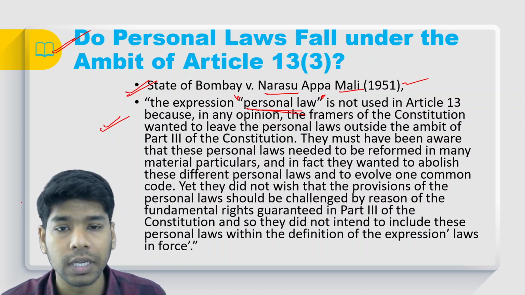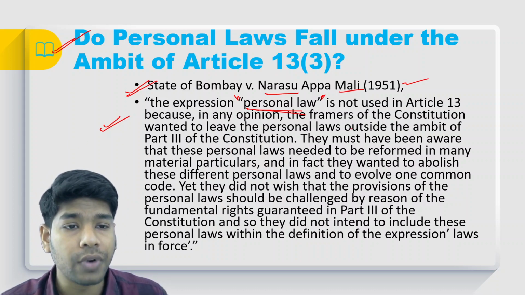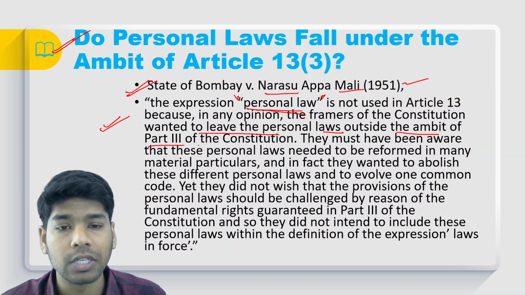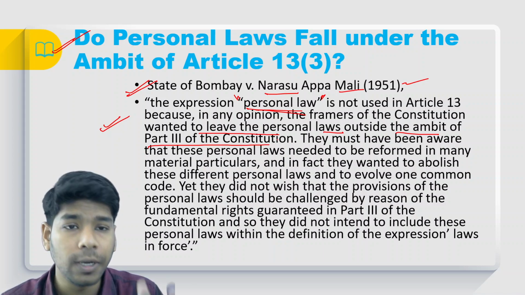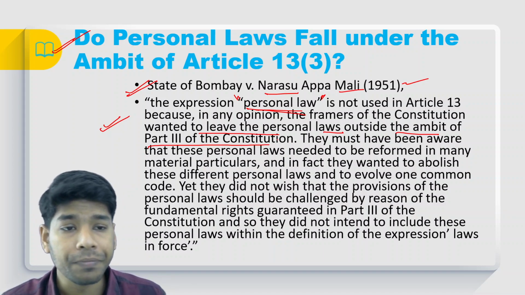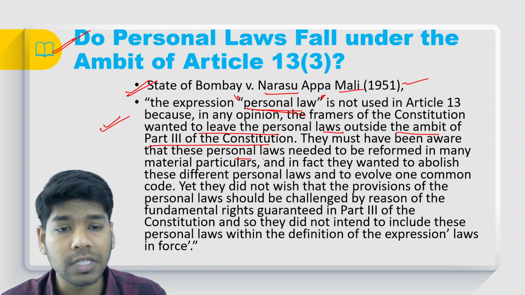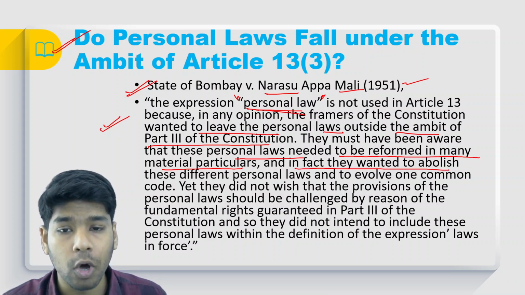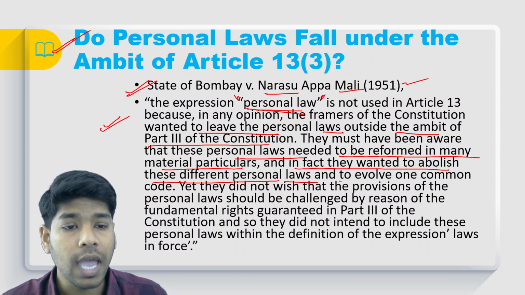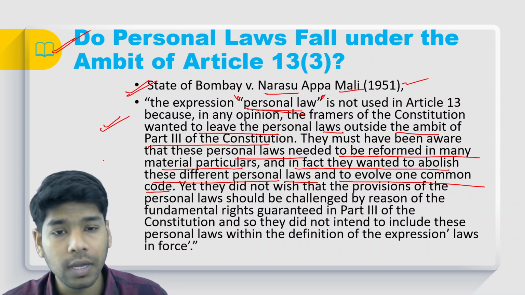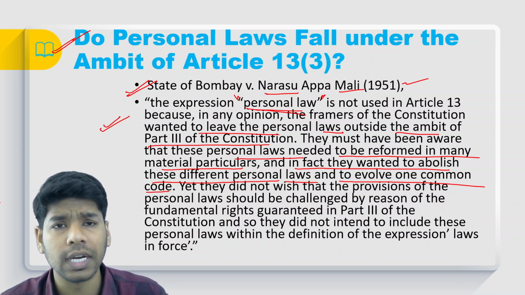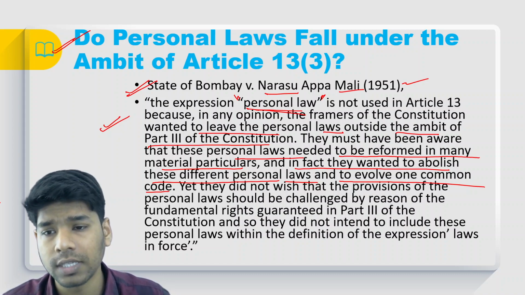Personal law is not used in Article 13 because, in their opinion, the framers of the Constitution wanted to leave the personal law outside the ambit of Part 3 of the Constitution. This is the observation of the Supreme Court, right? They must have been aware that these personal laws needed to be reformed in many material particulars, and in fact, they wanted to abolish these different personal laws and to evolve one common code. What is the proof that they really wanted one common code abolishing the personal laws? So we have DPSP, Article 44,